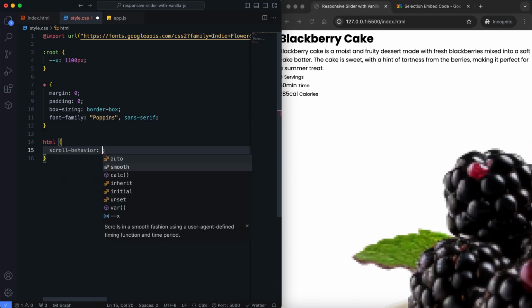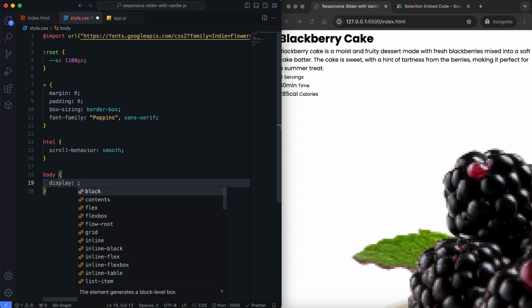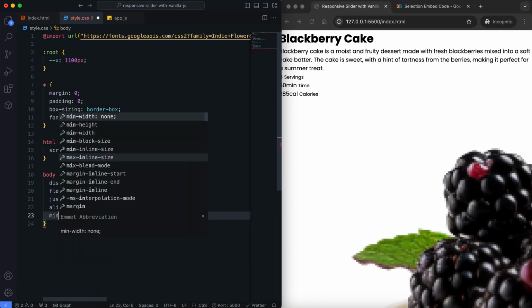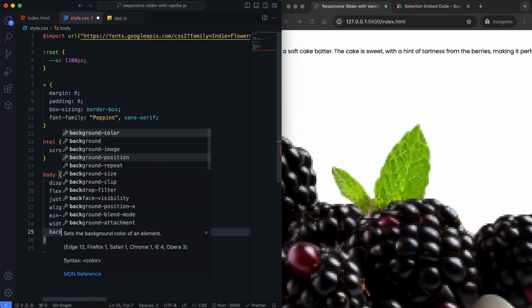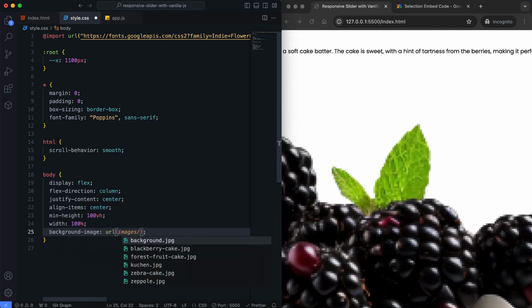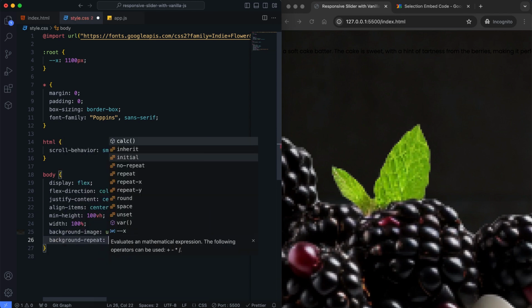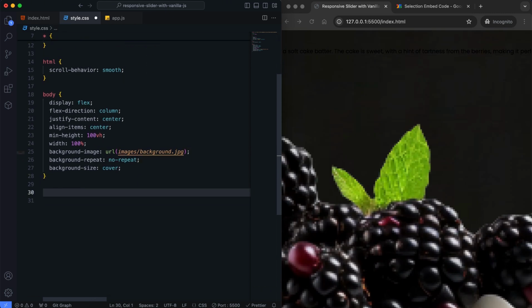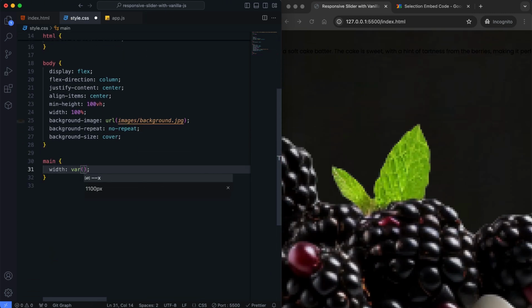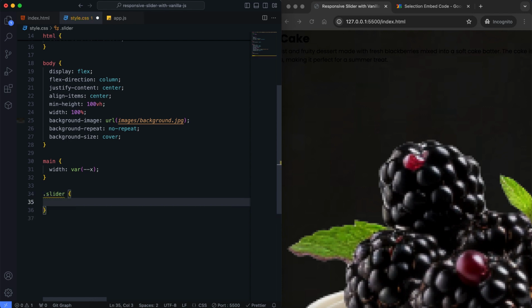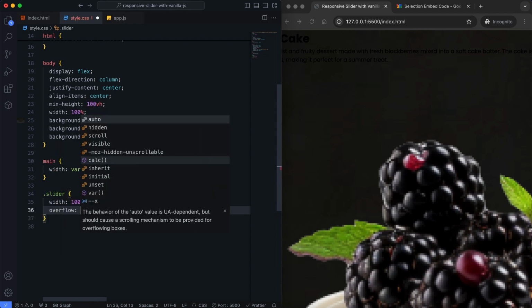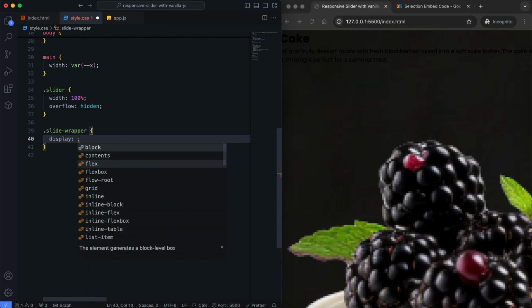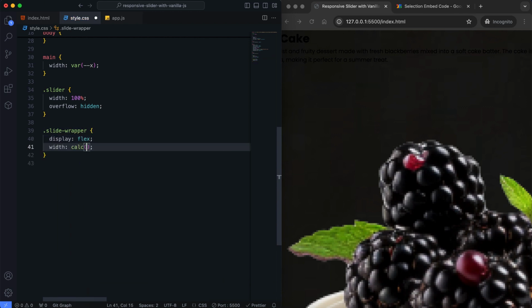This provides smooth scrolling behavior when moving between slides. The slides are side by side using Flexbox inside the slide wrapper.